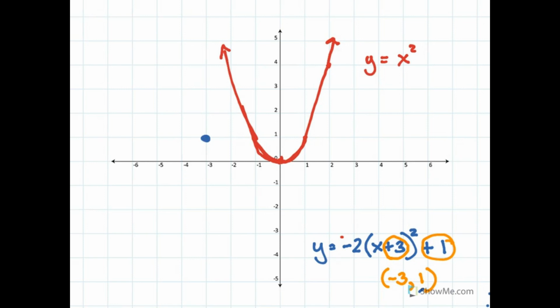The negative sign outside here, the negative of the 2, makes the graph turn downward. So it's going to be a parabola facing down. Now if it was the same shape as y equals x squared, it would go through these points that are 1 away from the vertex, over 1, down 1, over 1, down 1, 1 away from the vertex. And it would look like that.